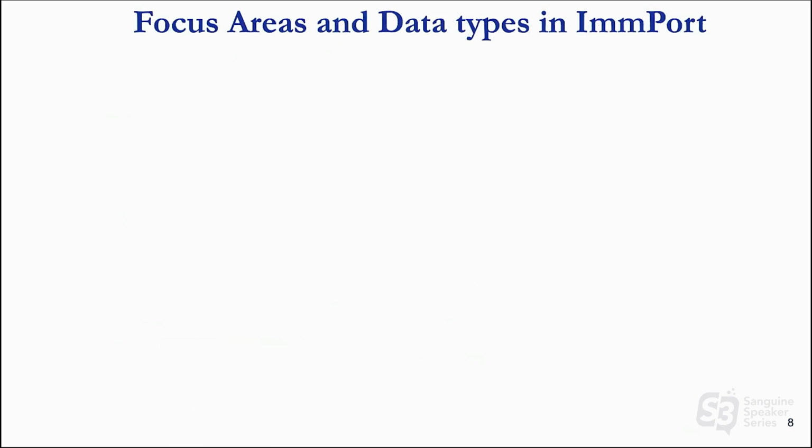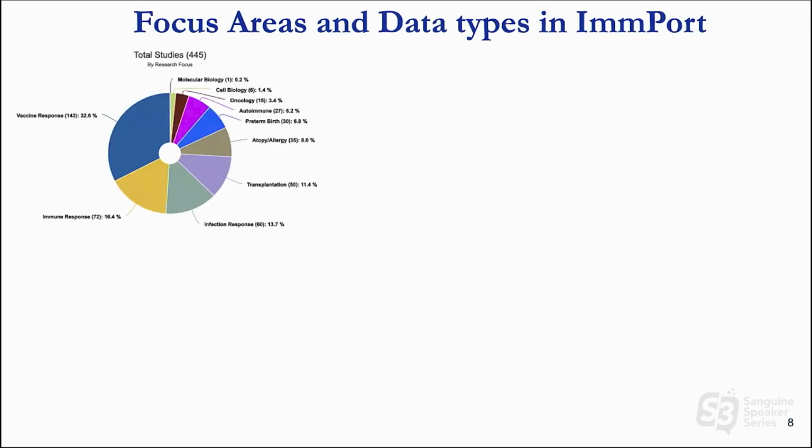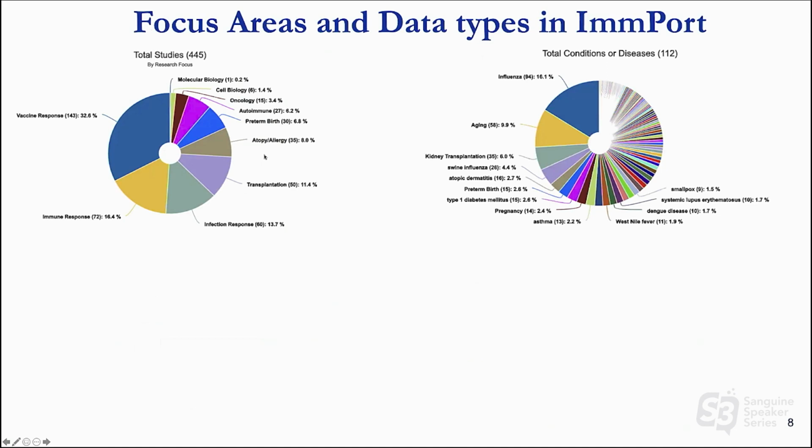So the focus areas and data types in ImmPort, just to give you a flavor of the type of studies. As you can see here from the pie chart, we are heavily on vaccine response. We have about 143 studies on vaccine response, immune response, infection response, transplantation, autoimmune diseases, allergy, preterm birth. And regarding the diseases, we have roughly about 112. Most of them are related to infectious disease. We have influenza, aging, transplantation, and then we also have a lot of pregnancy data,